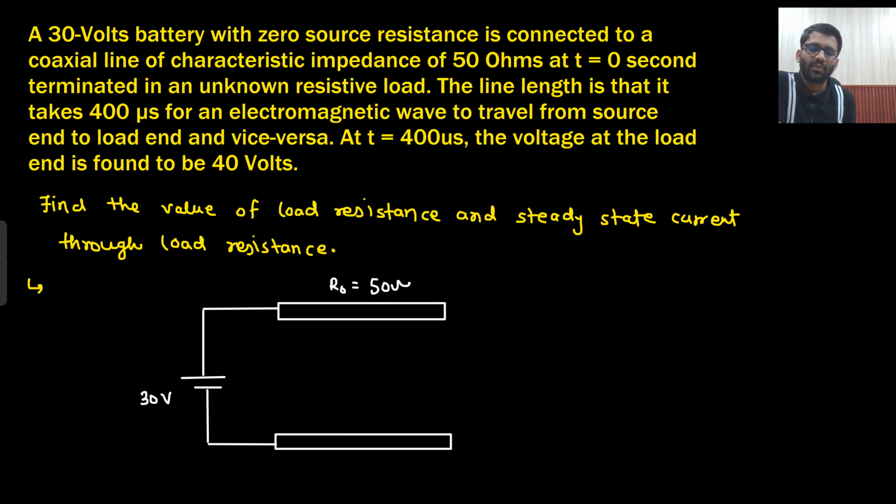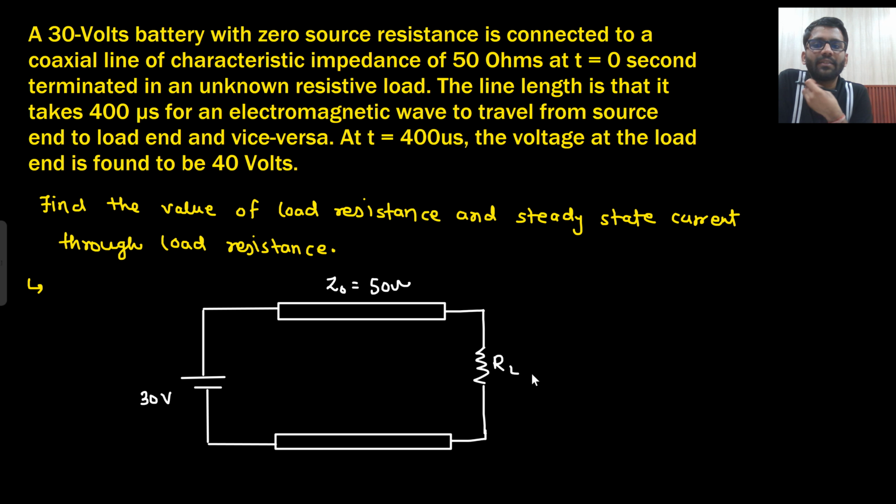Or Z naught also I can write. Generally we write Z naught, so let's write it down as Z naught only, 50 ohm, at t equals 0 second. This is terminated by a resistive load. This load resistance is resistive only, so this is your RL. The line length